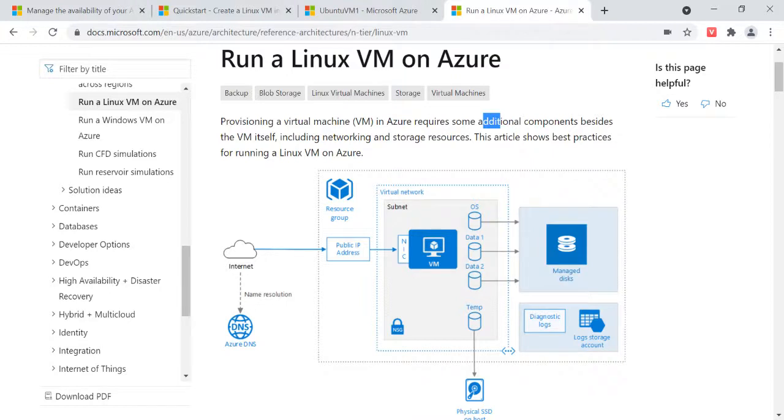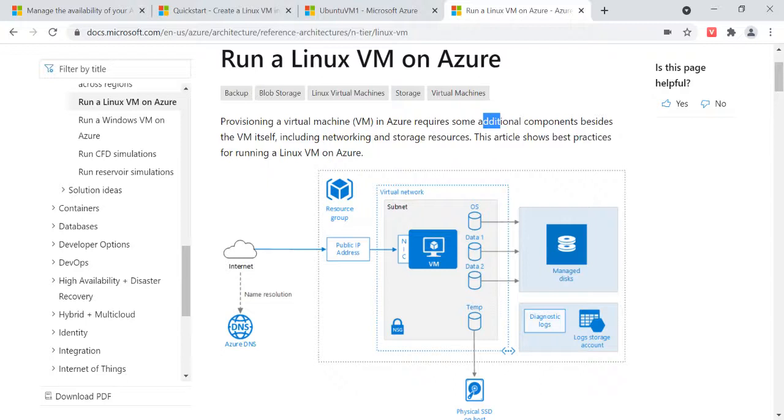After the VM is deployed, other things will also be there. A virtual network will be there for every virtual machine, subnets will be there, and a network interface will be there. For one virtual machine you will have only one network interface, not more than one. A virtual machine does not have two network interfaces. If you have created a virtual machine, you can't move it from one network to another network. That is not possible. But if you have created a virtual network, you can use that virtual network for this particular virtual machine. That is possible.